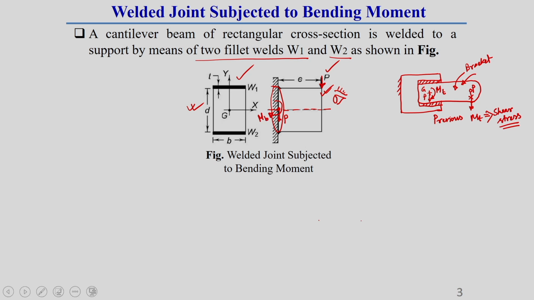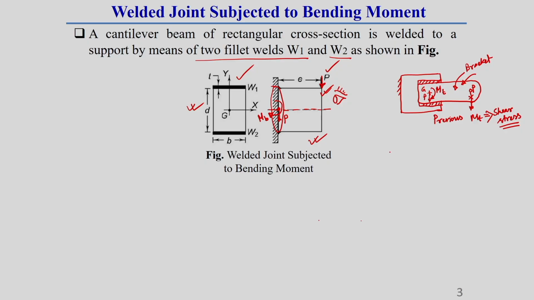In the previous case, due to the same plane of this moment, that moment tried to rotate that bracket. But here, the couple or moment developed in this beam problem will try to bend that beam, not rotate. As it is trying to bend that beam, it will develop a normal stress, because it tries to stretch or compress that beam element. I am just drawing here, then it will be more clear to you.